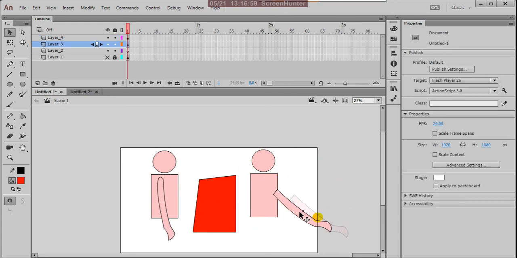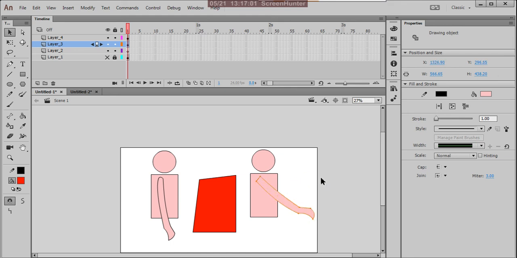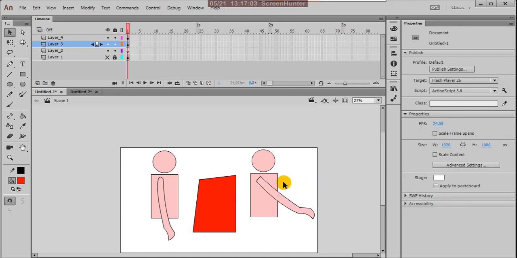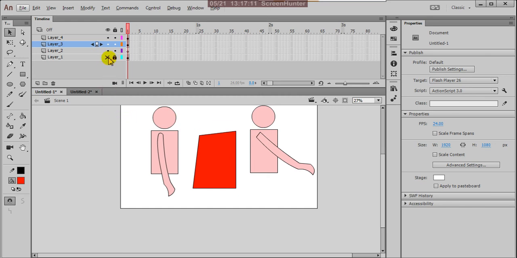After drawing, you can use Control B and fill colors. So these are the object and merge drawing modes. These are very important.